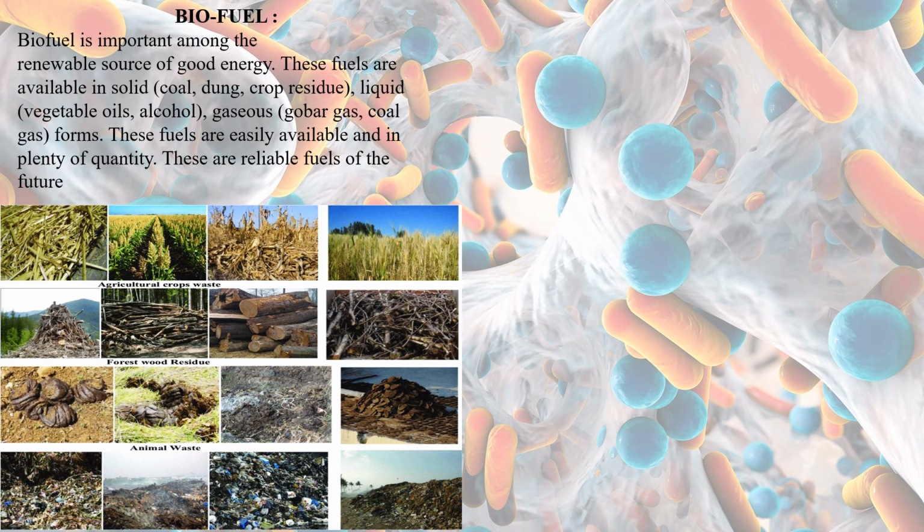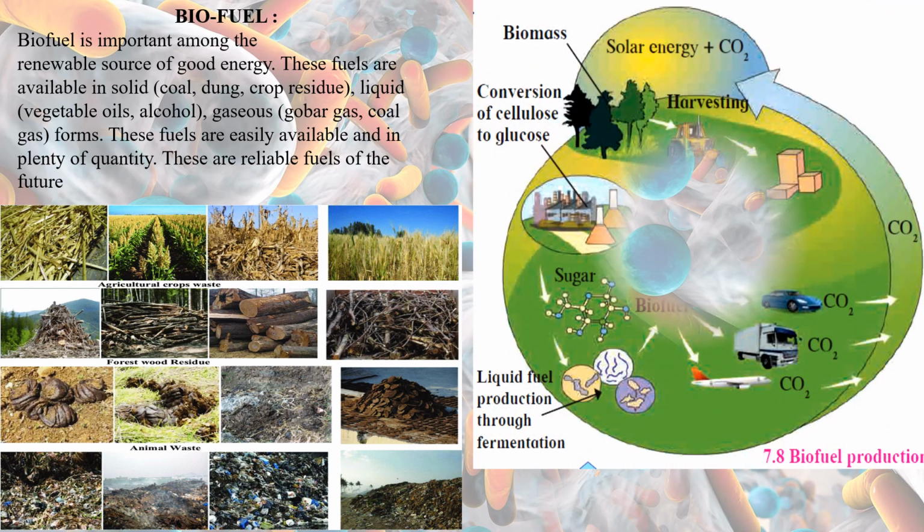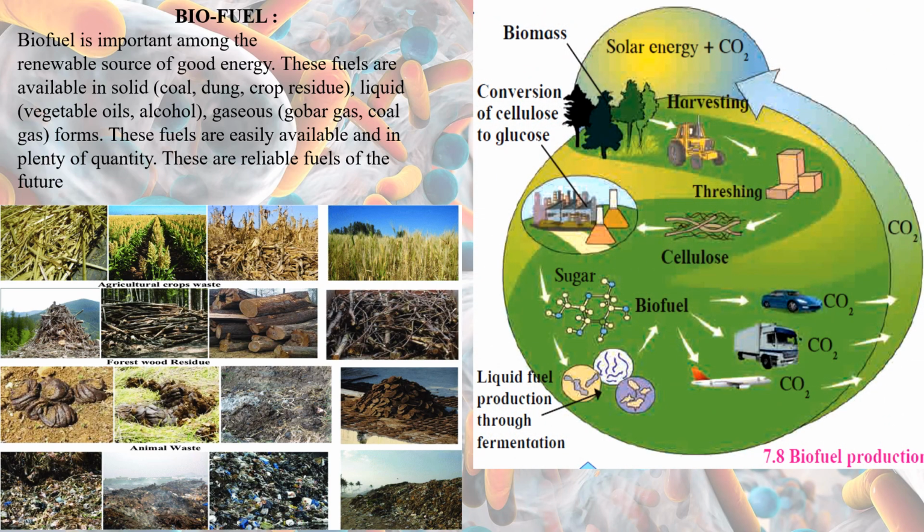So अब ये तो agricultural crop तो निकलना ही है, waste तो आना ही है, forest में से भी waste निकलना ही है, animal dungs भी आते ही रहना है. It is not like it is going to extinct, right? So they are reusable sources. They could be obtained again and again, and it is very good and it is a reliable fuel for the future. Now, the fuel obtained after the processing is used by us also. It is used in various industries as well. It could be used.